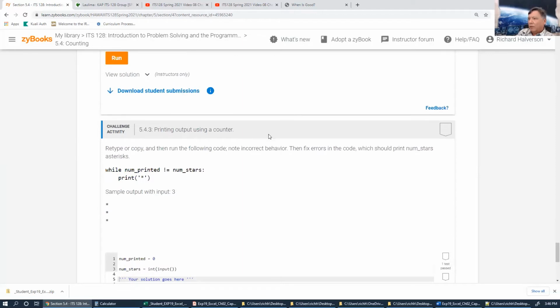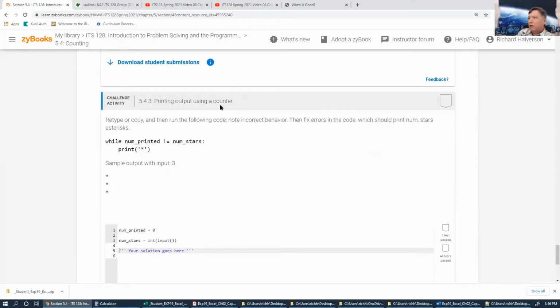Print output using a counter. Printing output using a counter. Retype or copy, then run the following code. Fix errors in the code, which should print number of stars and asterisks. Okay, so